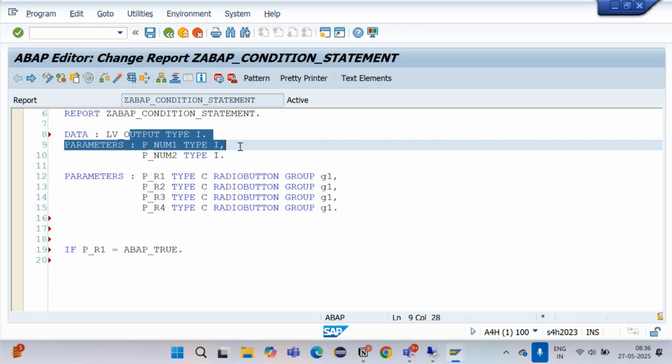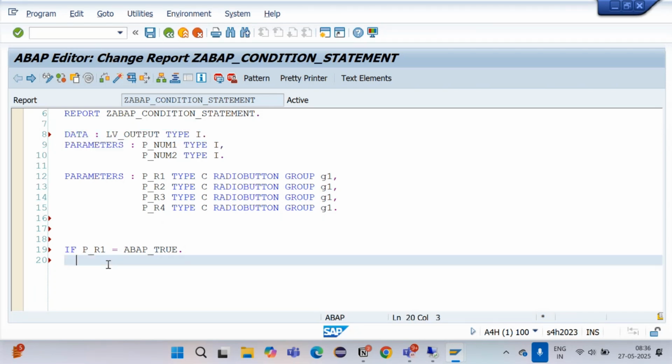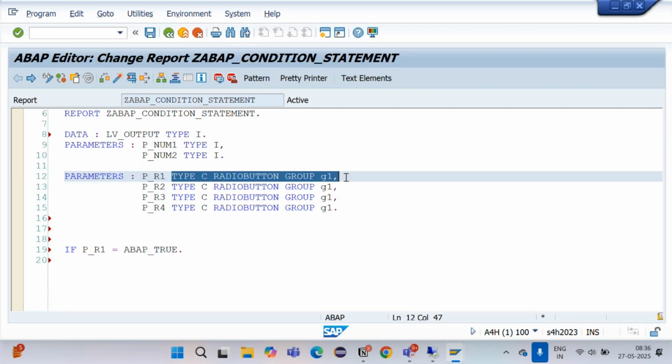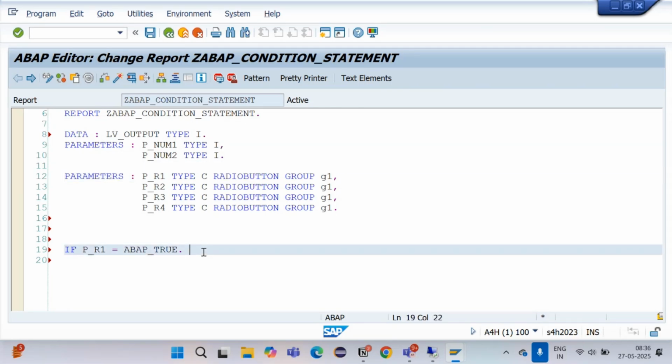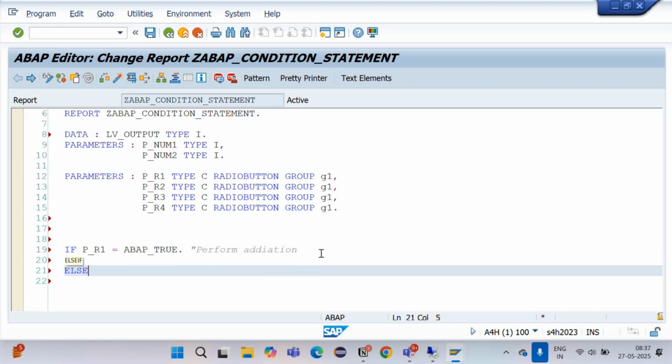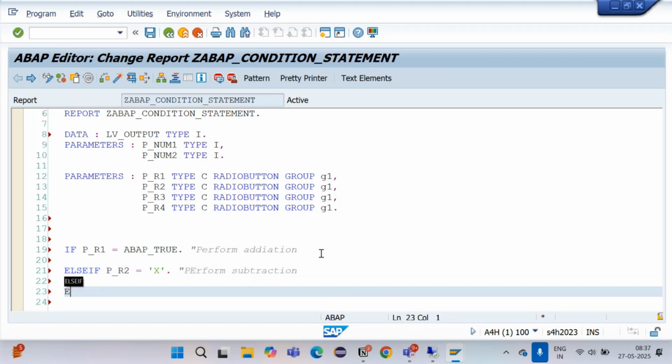I have created one output variable. If it is true, if we have selected the first radio button, we will perform the sum, the addition. Similarly, if the next one is true, else if PR2 is equal to true, we can pass here, let's say X, so we will perform subtraction. And else if PR3 equal to true,